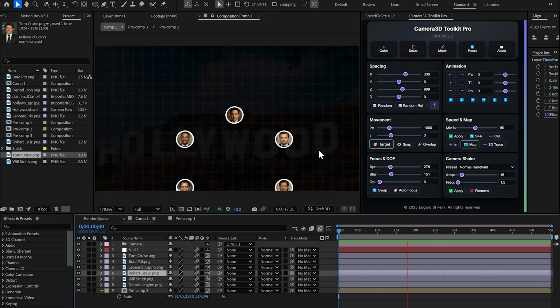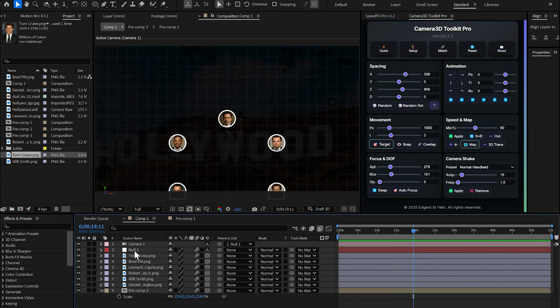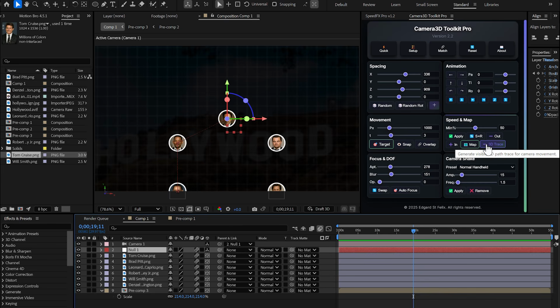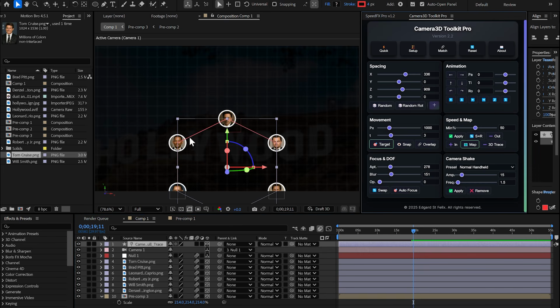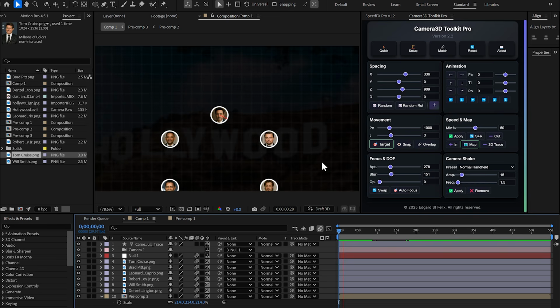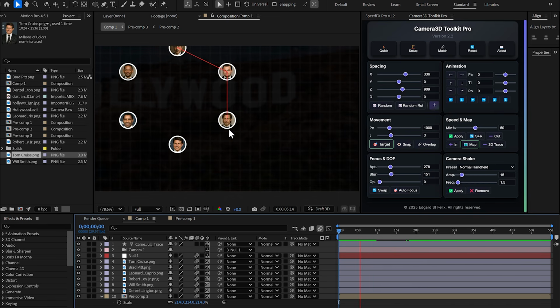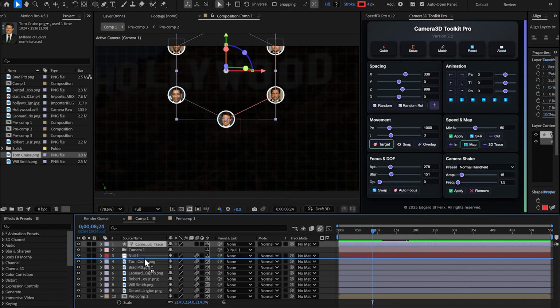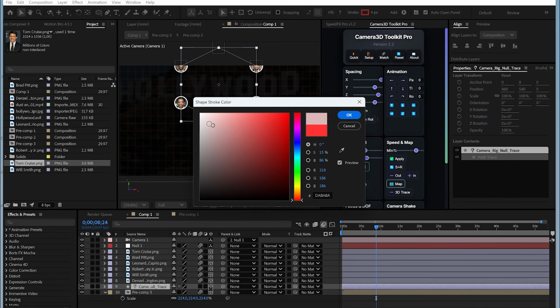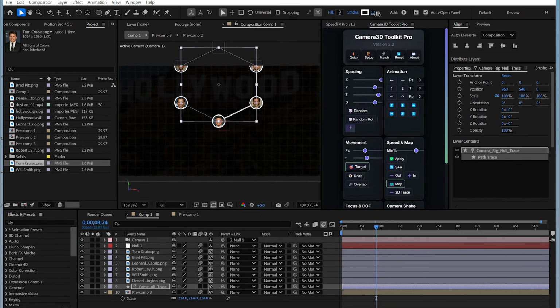Show the camera path. Next, I select my camera control and click 3D Trace. The path appears instantly. And move it to the bottom layer. I change the color to white, make it thicker,